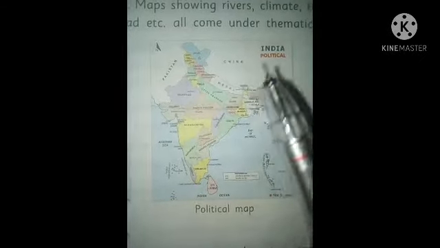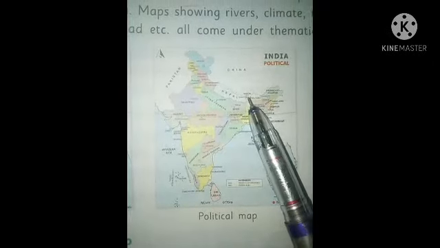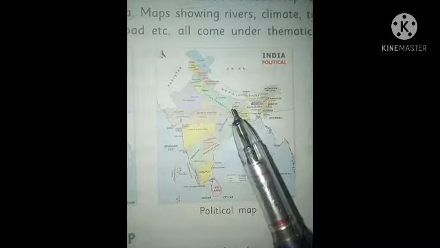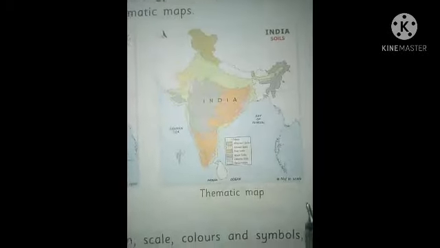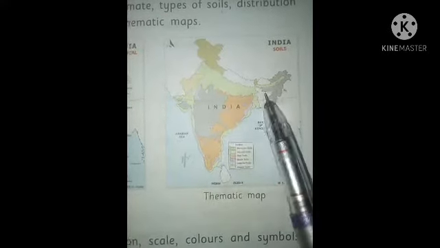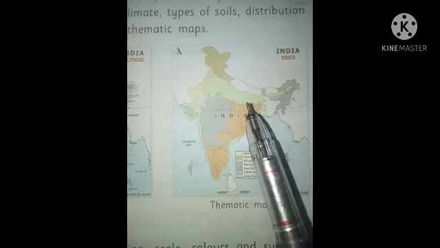These maps always show boundaries, the state names, districts, etc. And this is a thematic map. This shows a special geographical region.